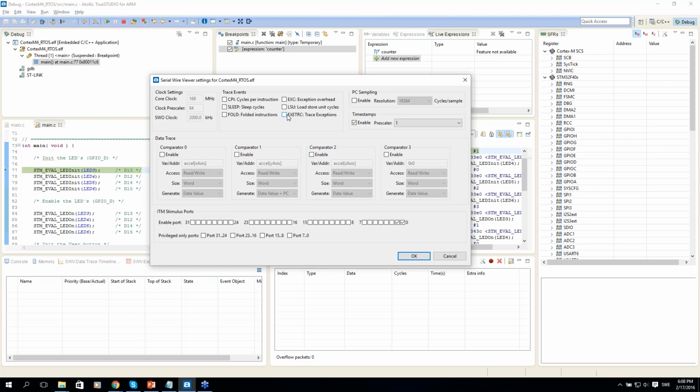A best practice here is not to enable too many types of events to generate trace data at the same time, because you only have one data pin transferring trace packets back into the debugger, so you will choke this line. It will get overflows if you try to transfer too much. Anyway, there are a couple of different cool use cases that I'm going to show you now